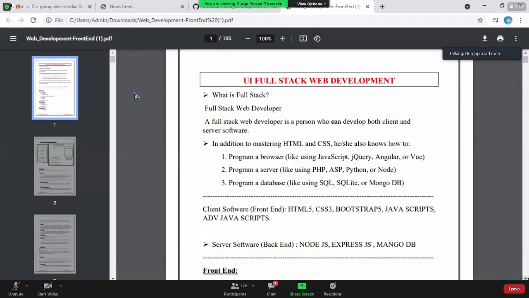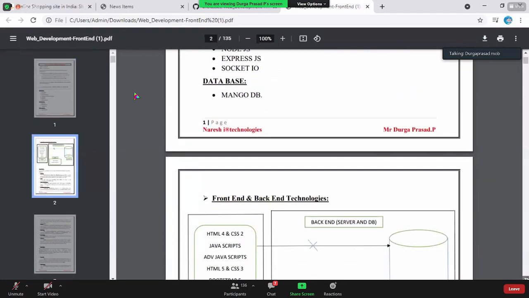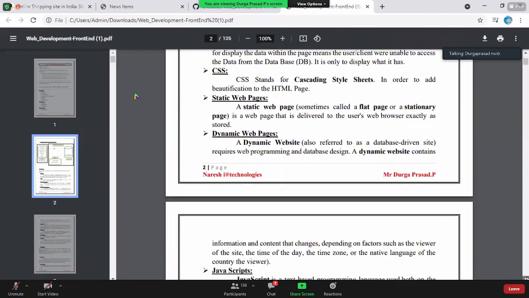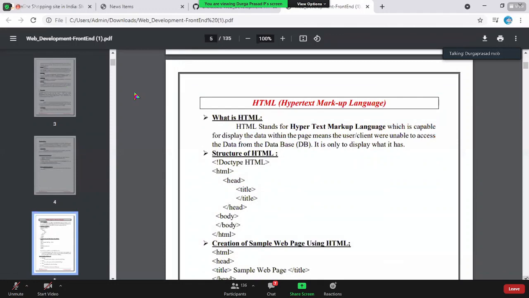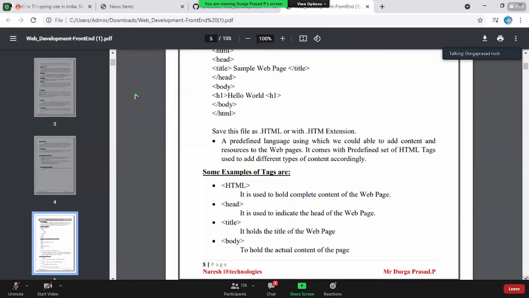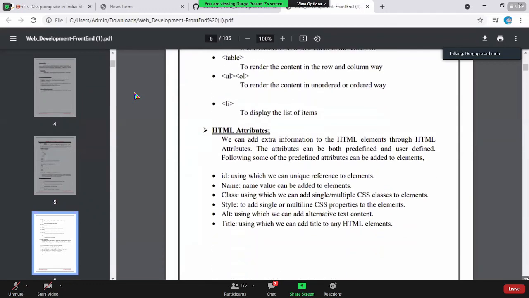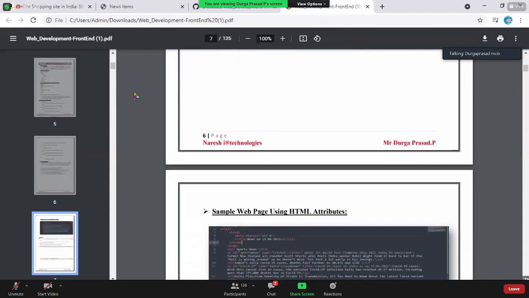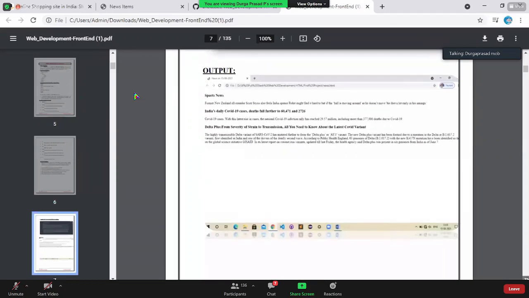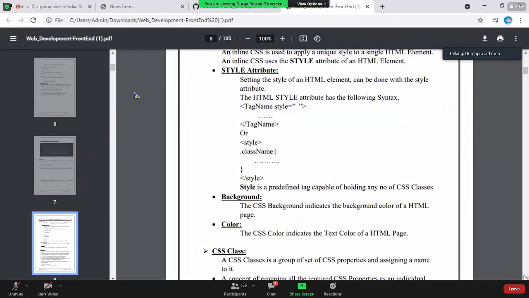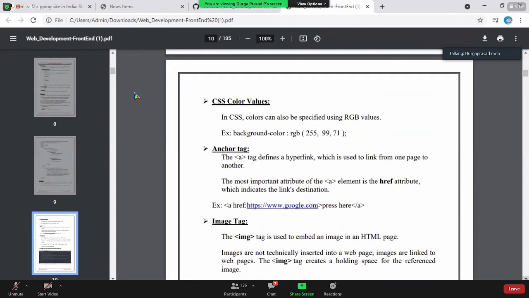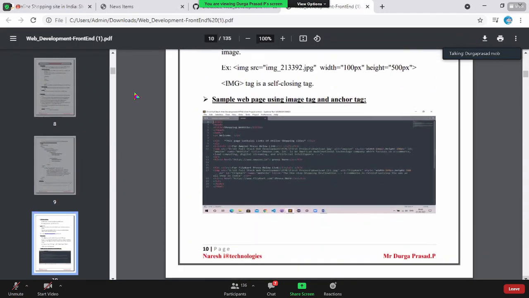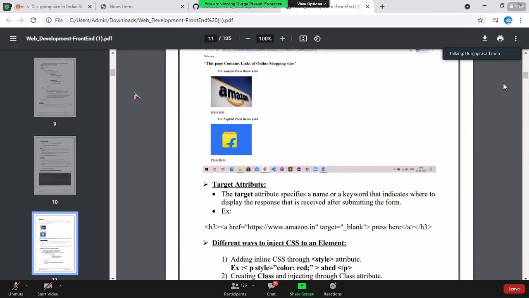We have seen what we mean by full stack. What are the technologies which are coming? This UI also, what we discussed. And coming later, you see what is HTML, what is the structure of HTML, what is the use of each and every tag, what are HTML attributes, what is a simple web page, how the output is coming. So this is already part of this, ma'am. And how do you use the style attribute? What is a CSS class? ID based class, every other thing, whatever we are discussing in the class, it is already part of the notes, ma'am. Did I answer your question, Chandana?